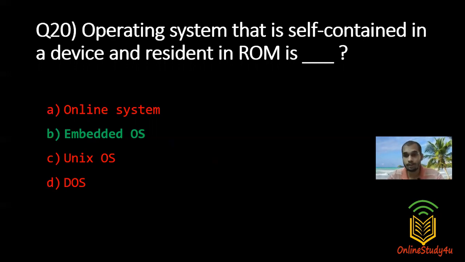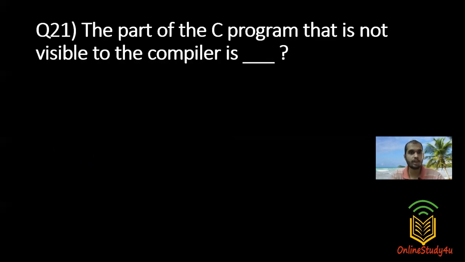You cannot install Linux in that chip. You can use a variation of an operating system. You can take a Linux kernel, modify it, build your own thing, and embed it in that chip. That is called an embedded operating system. It's more of a general knowledge. You don't need to know how to program embedded systems, but you need to know what an embedded system is. That's it to answer this question. That is why I said this is more of a general knowledge kind of examination. It was very easy.